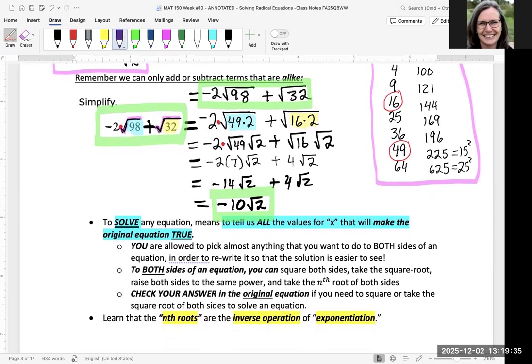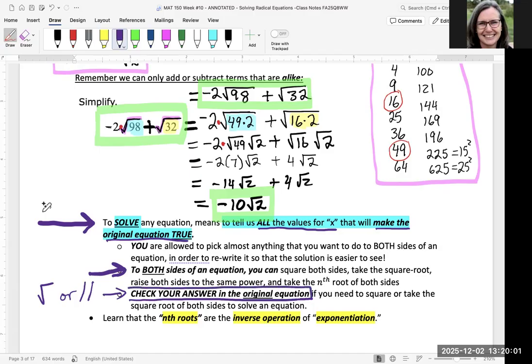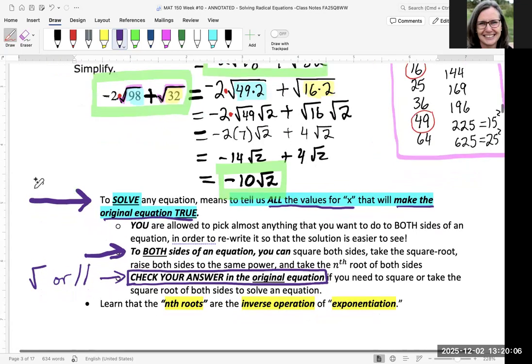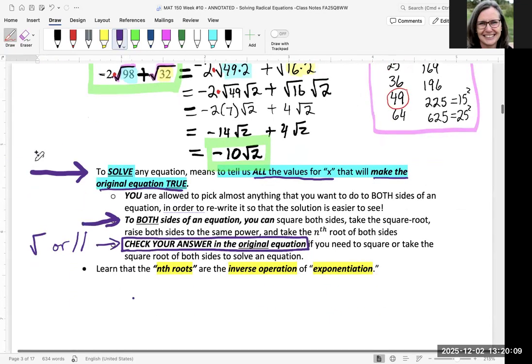Again, by this 10th week, you need to know that solving an equation means tell me all the values for x that make the equation true. So here we go. We're going to do the same thing to both sides. We're going to simplify. Now, when we're dealing with radicals or absolute values, you always want to check your answer with the original equation. We'll work it down to have two possible answers, but then you need to make sure,